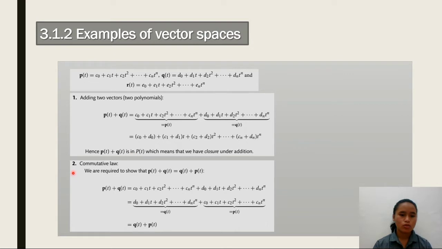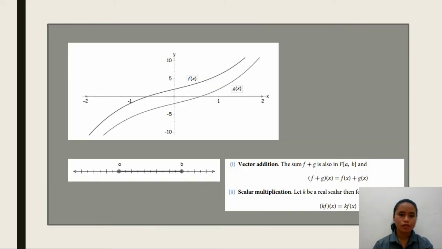And for the commutative law, we are required to show that p(t) plus q(t) equals q(t) plus p(t). So this implies p times t plus q times t, then hence from that it is q times t plus p times t. Okay,